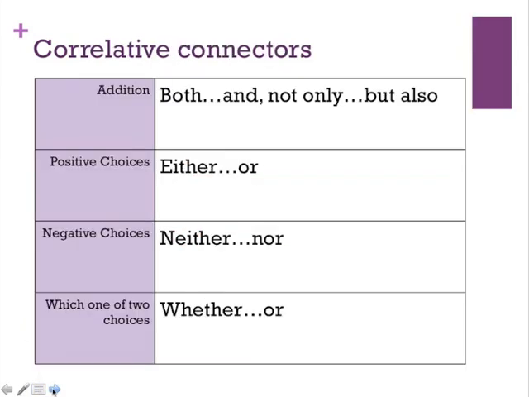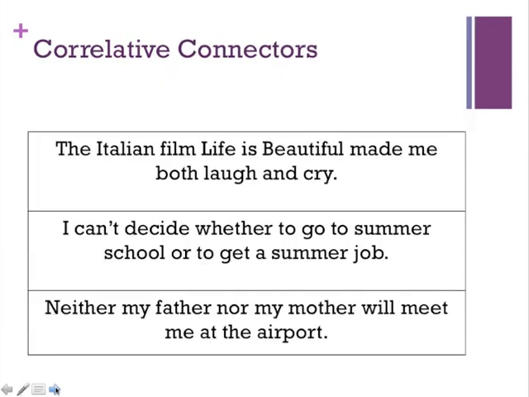Our final type of coordinating connector is what's called a correlative connector. And basically, correlative means that these connectors come in pairs of two. So you'll notice, for example, both and, not only, but also. So these particular ideas we have to look for used together. And again, you can study these. Certainly it would be a good idea to learn them and to learn what they mean. In the examples we have here,